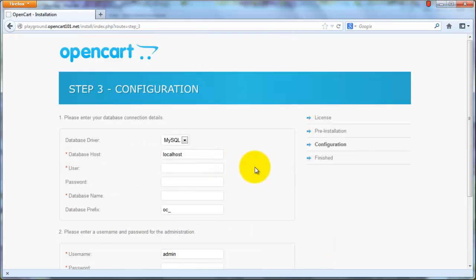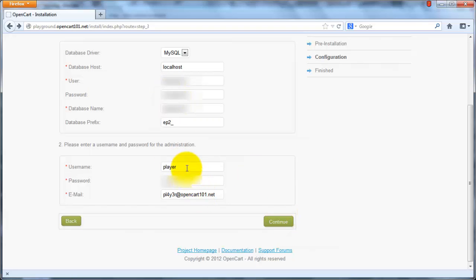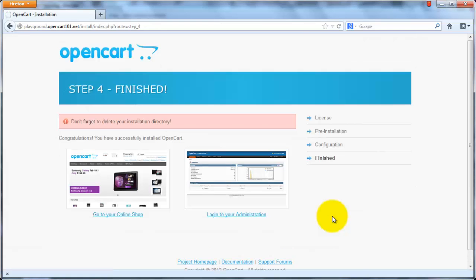Step 3. For this next screen, you will need the database login details. The server will always be localhost, so fill that in. The user, password and database you should already have from your hosting provider. This username here is for you to log into the OpenCart administration. We'll talk more about it next time. Just put in whatever you like and we'll remember, but don't leave it as admin because this makes it much easier to hack. When you're good to go, click continue, and if you filled in the correct data, you'll be